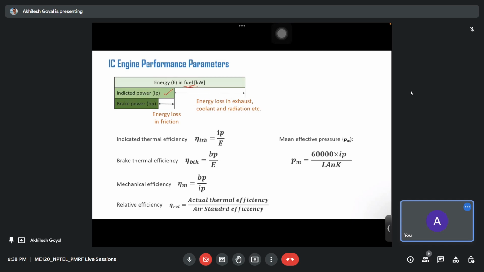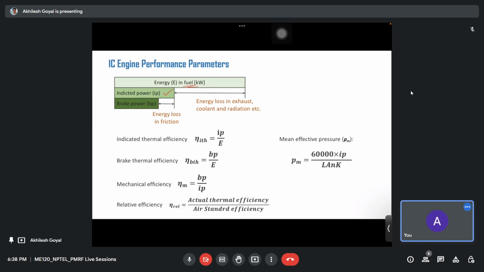And this whole indicated power doesn't convert into output power, because a significant part of it is lost to friction. Considering these friction losses, the net amount of power we receive at the output shaft is